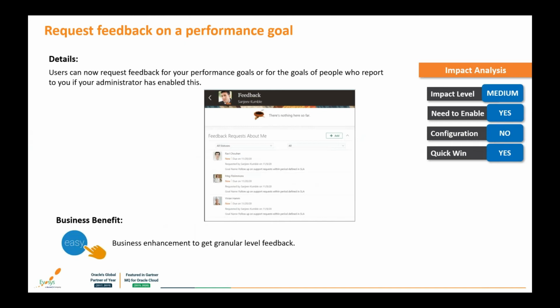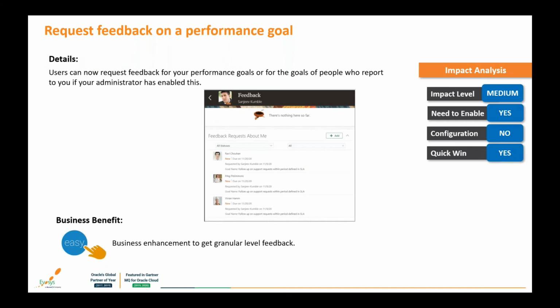Moving next is from the goal management module. For a performance goal, we generally have requirements from different customers that we need to give feedback for that specific goal. We have sections for giving comments. We have those goals falling under the performance document to provide a rating, but we do not have a section to provide the feedback for that particular goal. So from this release onwards, we are getting an option to get feedback for the performance goals,